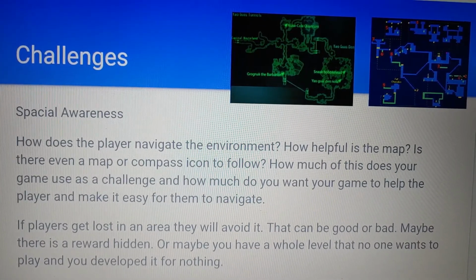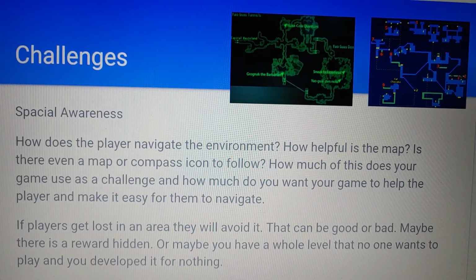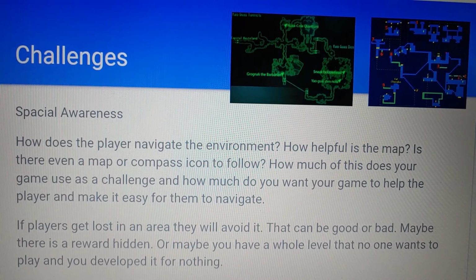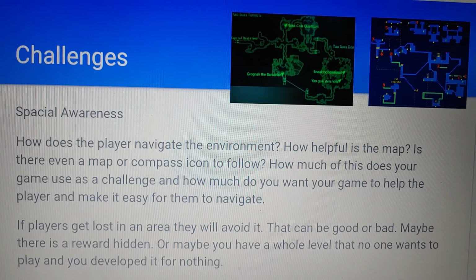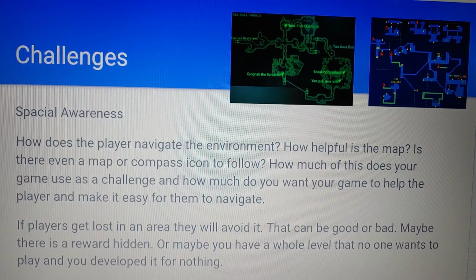You have to make these considerations for your own game. To some extent, you can just do what's been done before, of course, but make sure that players are not just getting lost in your game and not having any fun. If you have one area in your game where players get lost, hopefully that's an area where they're going on purpose. Maybe there's some